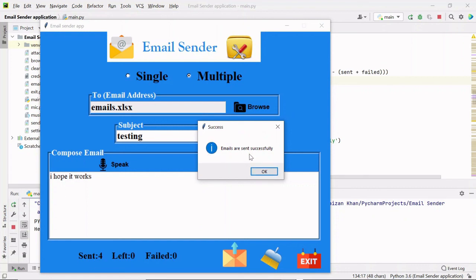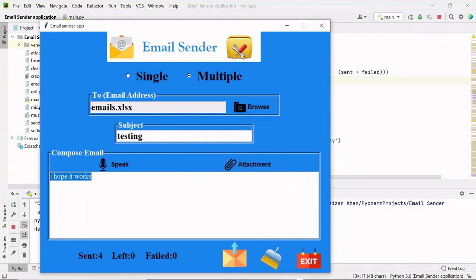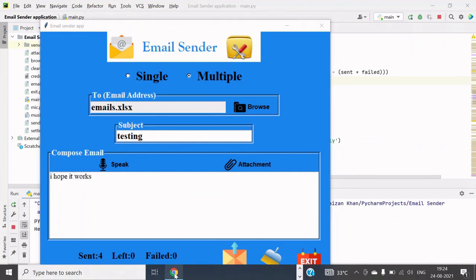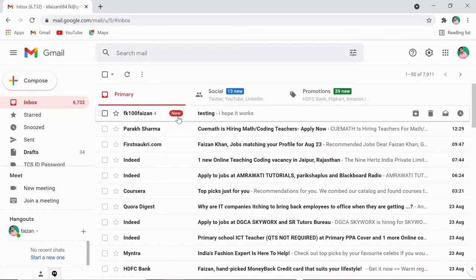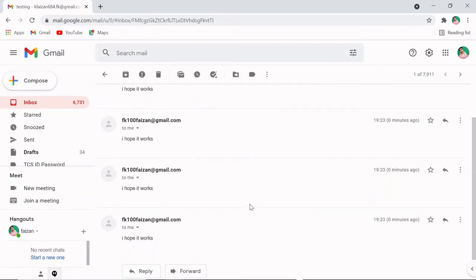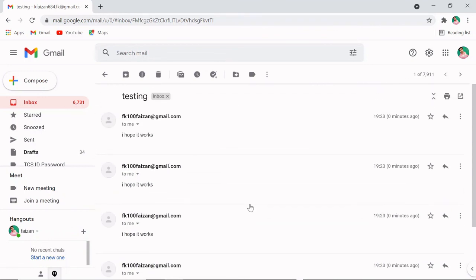And after that we are seeing this message box that emails are sent successfully, right? And now we can check our email box. So you can see I received these 4 emails just now. So this way we will be able to send emails to any number of email addresses.